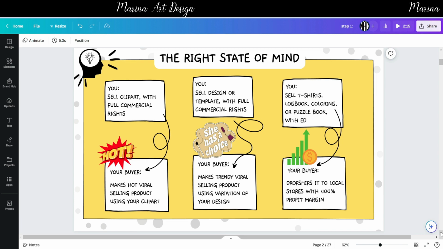Just try to take a breath, close your eyes, and imagine this situation where you made a book, made a clip art, made a poster or design, and somebody purchased that design, and now it is selling that design legally as per whatever you provided with your terms of usage and rights, and it is making thousands of times more money than you. How would you feel in that scenario? So this is that right state of mind where you need to be in,